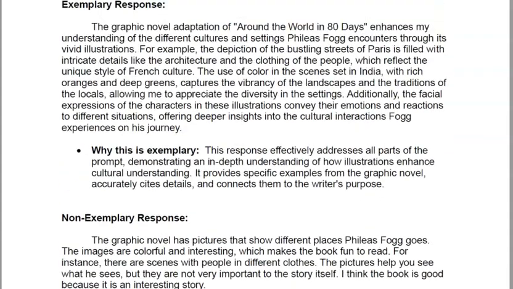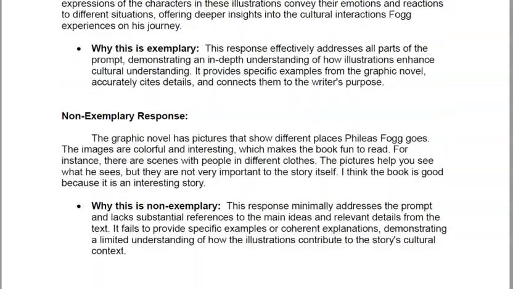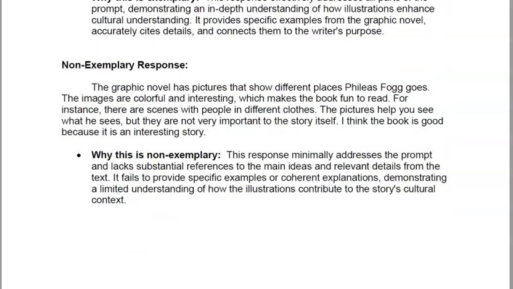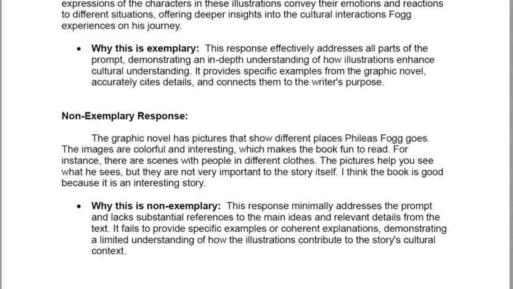So looking at a very good A response versus a not so good, needs improvement, F or D response, you can see the difference between the two. So make sure you are not just giving a general idea of how the pictures